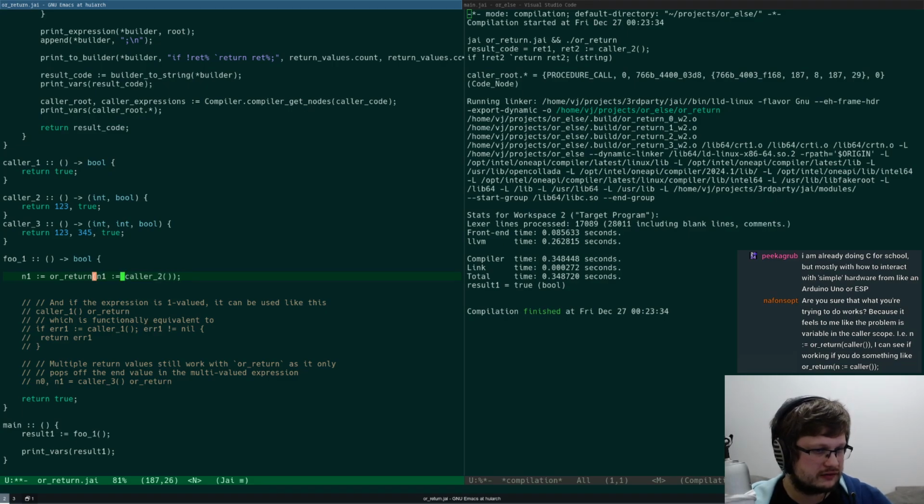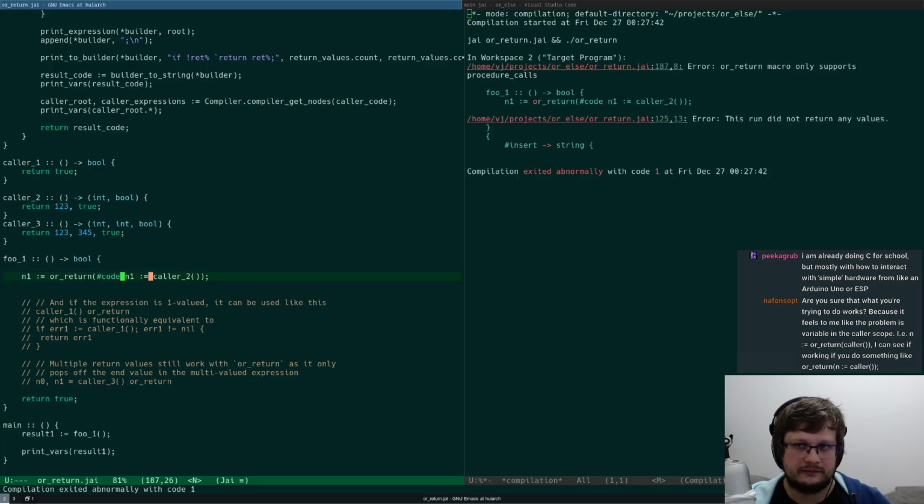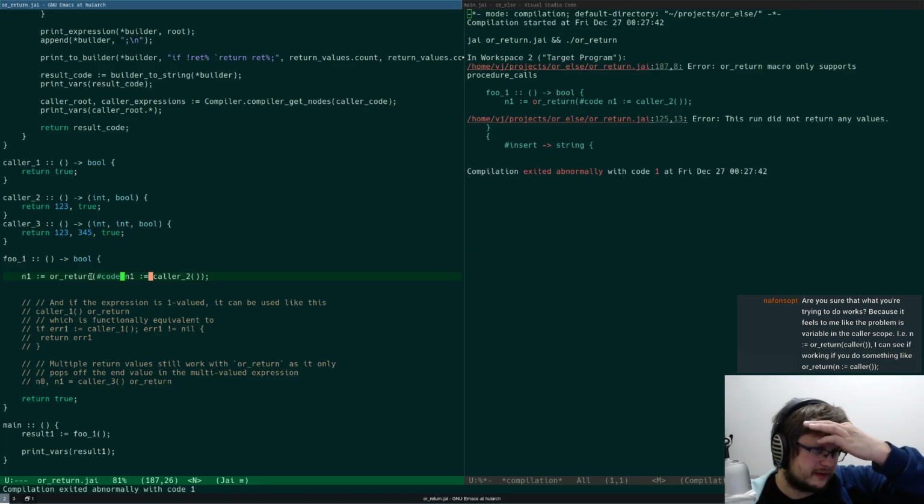You can't do this. This is a syntax error. See, expected. You can do this. This is possible. I mean, it yells on modify, but this is syntactically correct, passing the code.